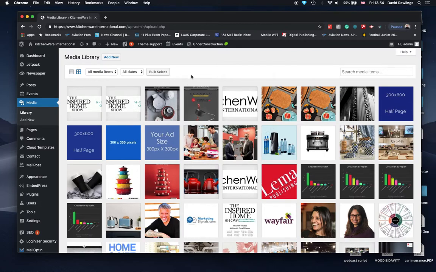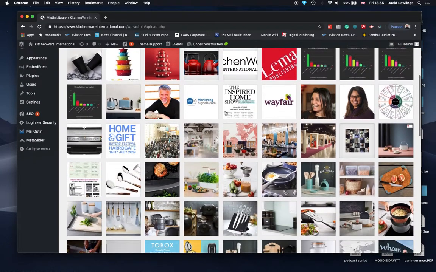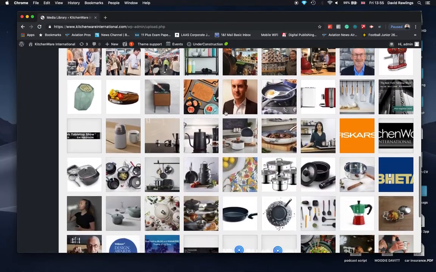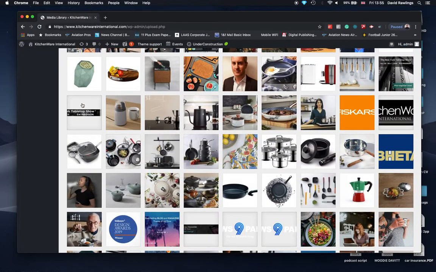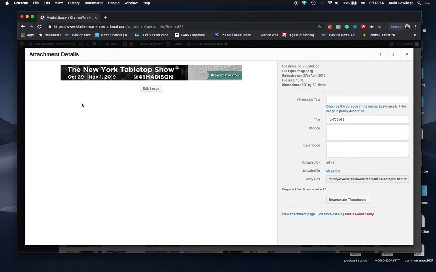So what you'll have needed to do already is to have uploaded the artwork for the particular ad. So let's go down to one that we uploaded earlier, which was this tabletop one. If you just click on that image there, then you see it gives you here, this is the link to that actual image. So if you select that text and copy it,